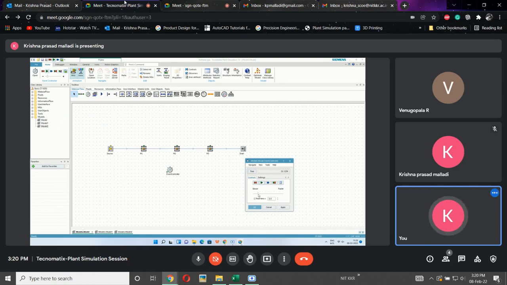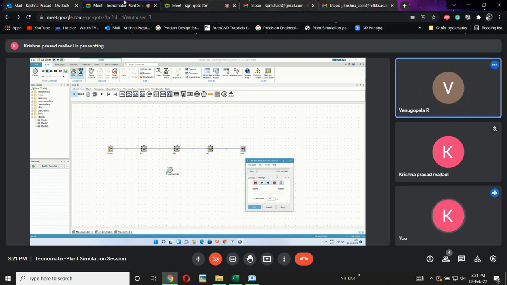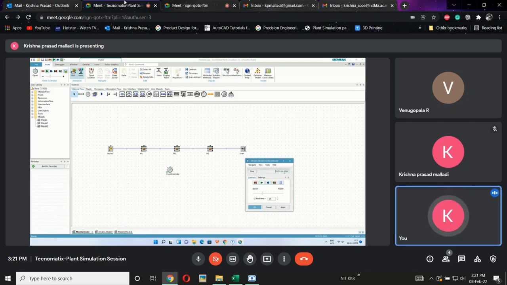Now the simulation, see, this is exactly the visible representation. At slower speed, it will be visible. Okay, now if I increase it by one, automatically the time here, see, will be continuously increasing, running very fast. And one more thing in Plant Simulation: when is this going to end? There won't be any end point.